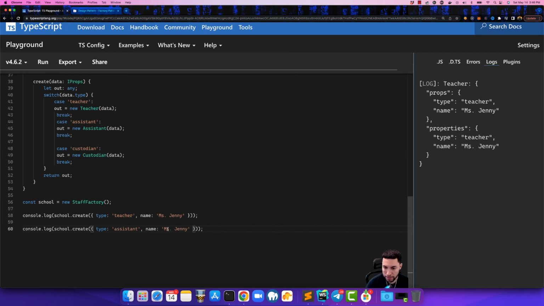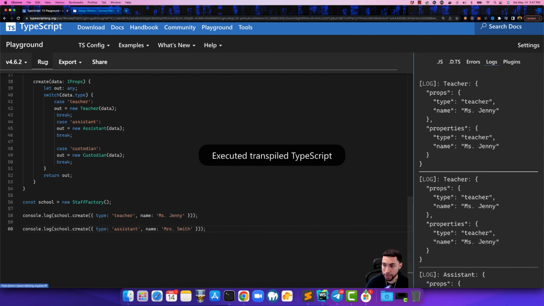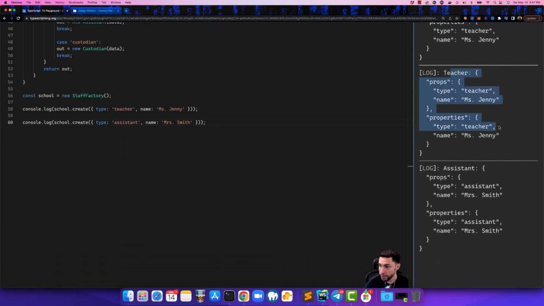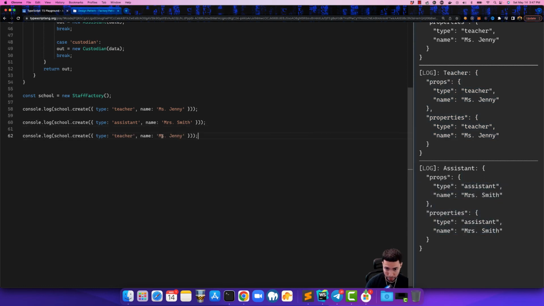Maybe the assistant's name is Mrs. Smith. If I run this, now we have a teacher that was created, which was Miss Jenny, and we also have Mrs. Smith. And similarly, if we run this for the custodian,